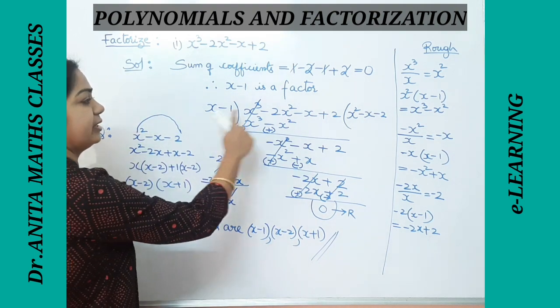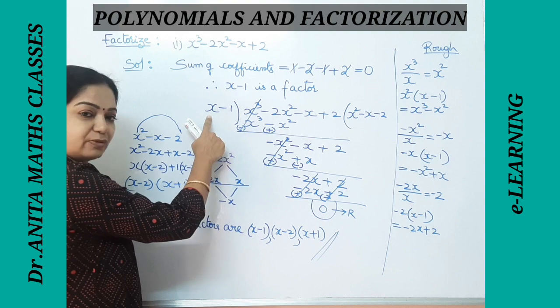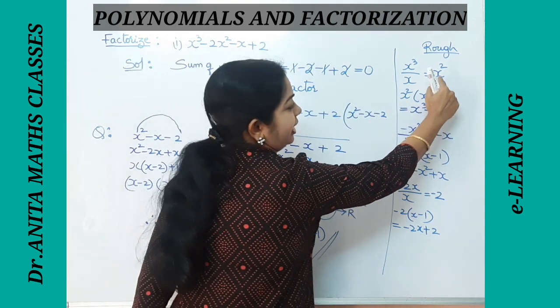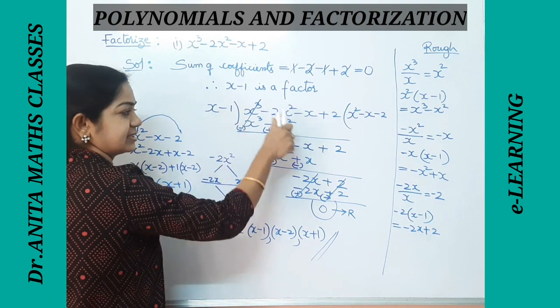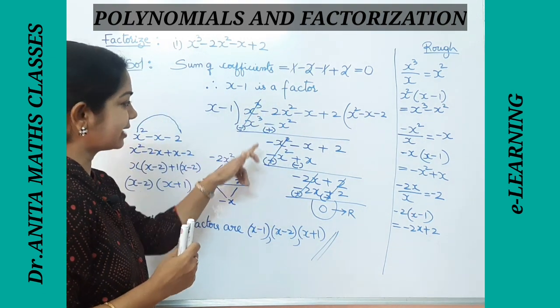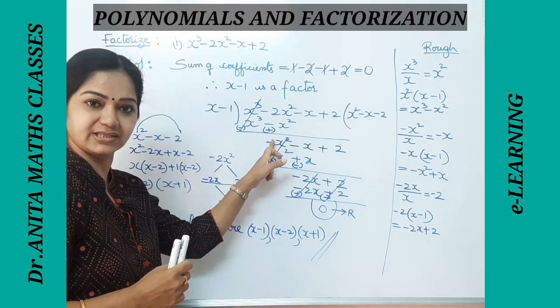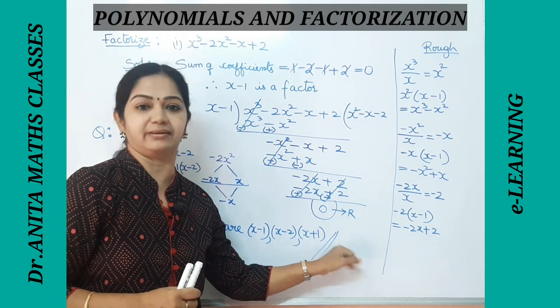How do we do the normal division? Taking the first term of the dividend, dividing with the first term of the divisor, you get the quotient here. This quotient, if you multiply with this, you get this. Again, in a normal division also we subtract. Subtracting here means changing the signs and doing the addition. Likewise, we proceed till we get the remainder.